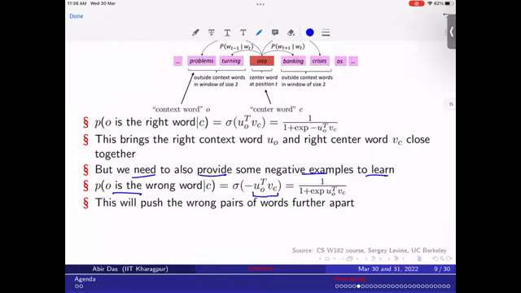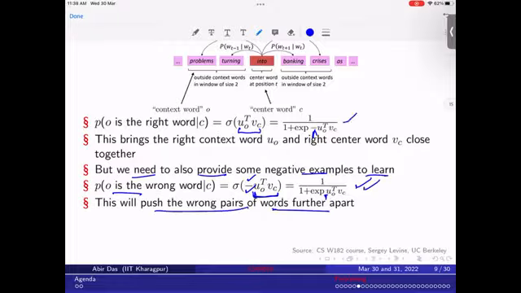And how will I compute the similarity? I will compute the similarity the same way, but I will put a negative in front of it. So I want to maximize the dissimilarity between them. Here I want to maximize the similarity, and here I want to maximize the dissimilarity between them. You are just getting a negative sign in front of the similarity, and then you pass it through the sigmoid function. So here it is negative and here it is positive.